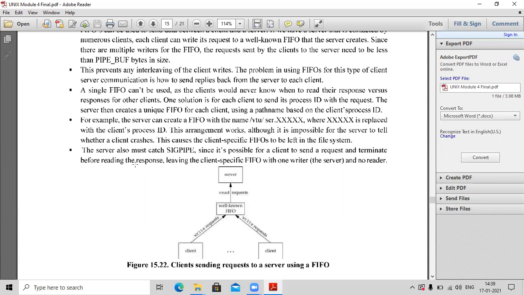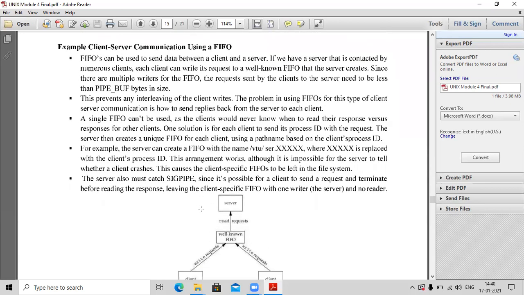So at that time, the server must be in a position to catch that particular signal. Since it's possible for a client to send a request and terminate before reading the response, leaving the client-specific FIFO with one writer and no reader. At that particular point, what will happen? The server has responded, but there is no client to read that particular response. So that will be a problem.